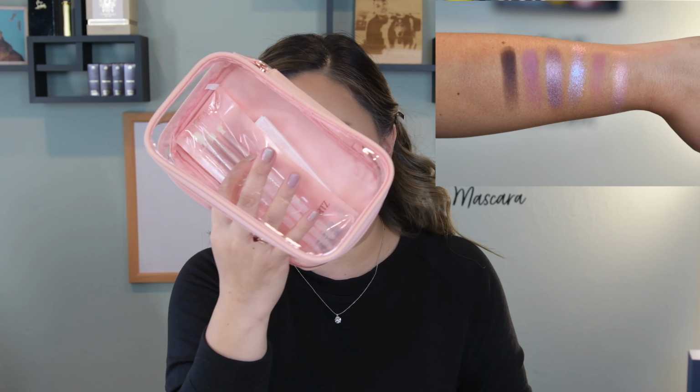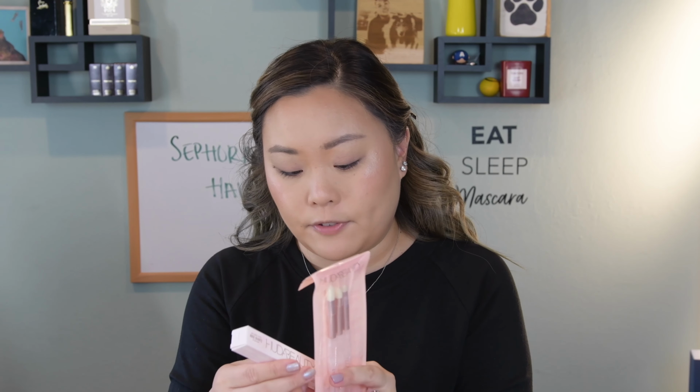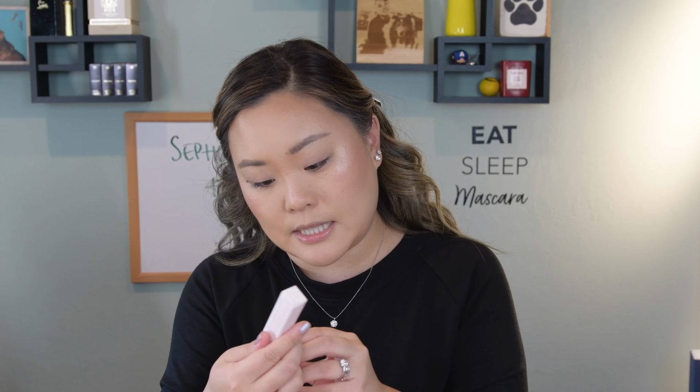That's super cute. So love the makeup bag. I love that it has a clear top. I always appreciate that because I feel like you can actually see what's in your makeup bag. And then it also comes with 3 of her brushes, her eyeshadow brushes, which we will open up and use. And then also a full size, I believe, of the Rose Quartz Silk Balm